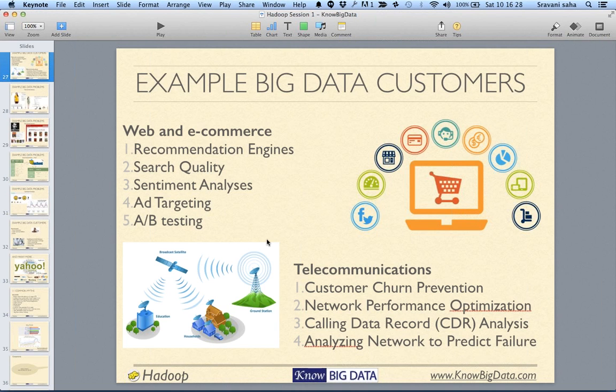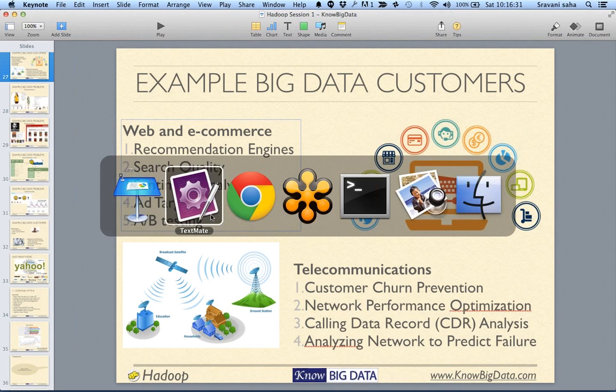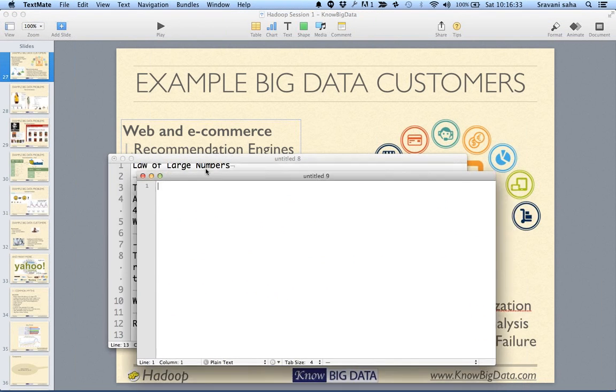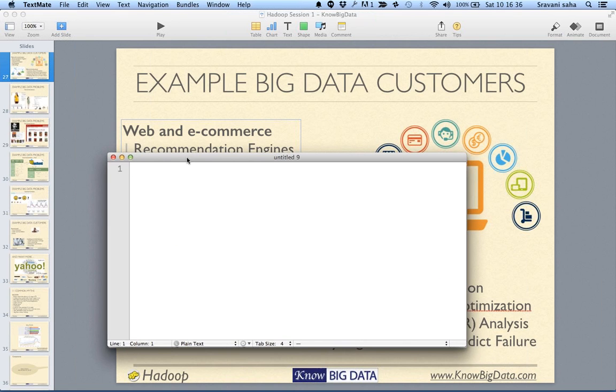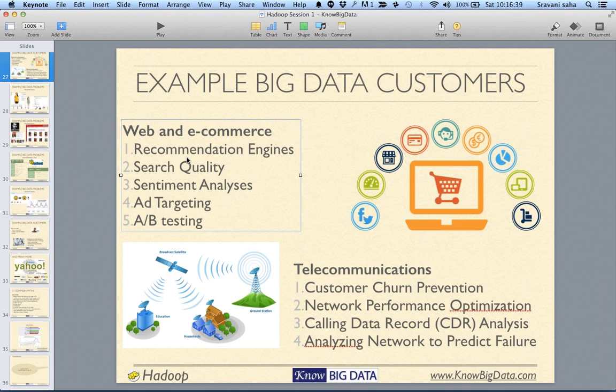So it's not really like beta testing. A/B testing is, let me just open another text editor. Yeah. So what does it mean by A/B testing? Organizations like Amazon keep on making changes every day. Every feature is being changed. And the way they do it, whenever I'm pushing a particular change, say I came up with the idea that the buy now button should be blue instead of green,